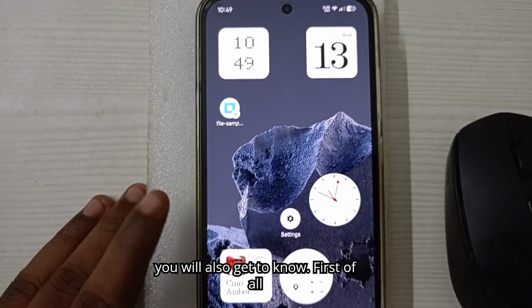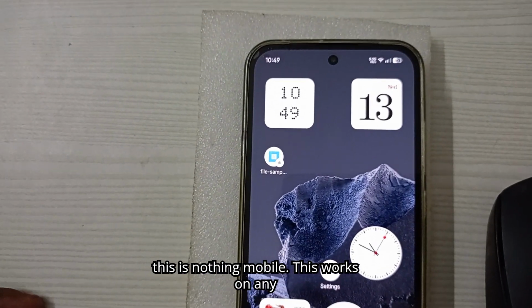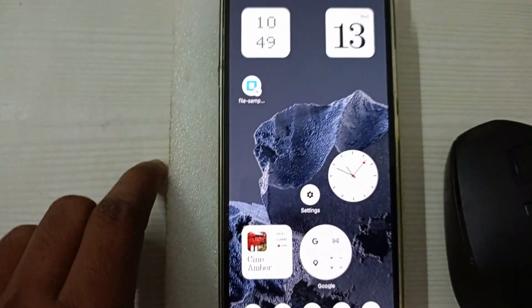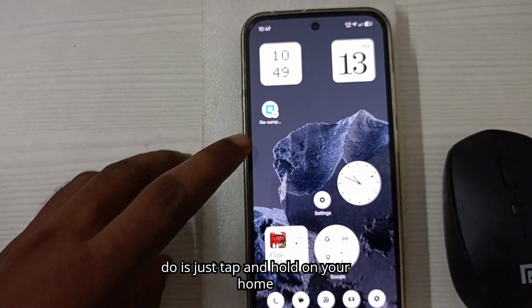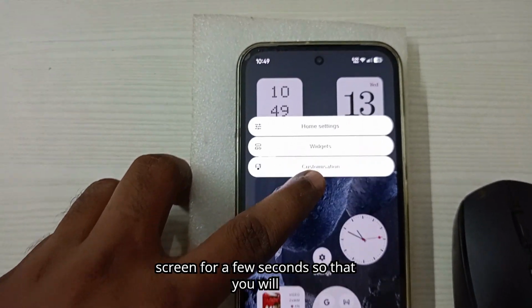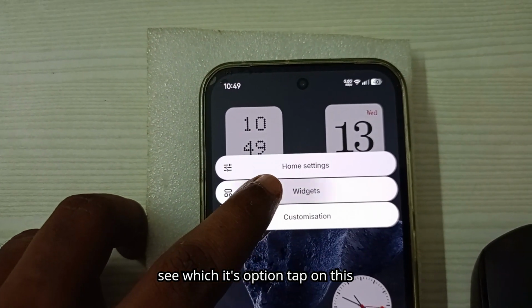First of all, this is nothing mobile-specific. This works on any Android mobile. On your Android mobile, what you need to do is just tap and hold on your home screen for a few seconds so that you will see the widgets option. Tap on this widgets